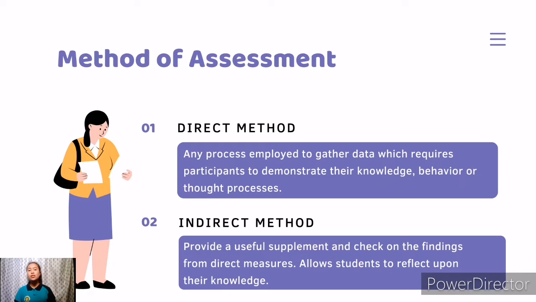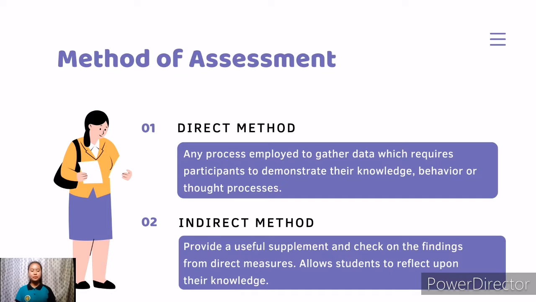So direct methods involve looking at the actual samples of the students' work produced in the program. Examples: examination, written assignments, oral presentation, performances, internship supervisors' rating of student skills, portfolios or e-portfolios, capstone projects, thesis and